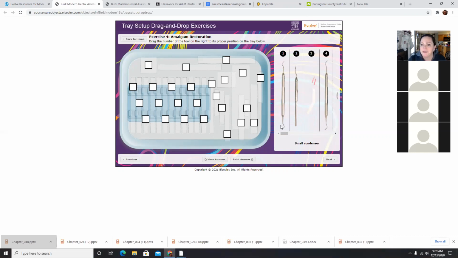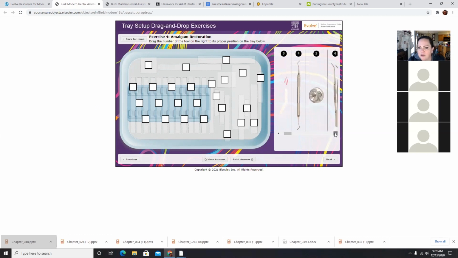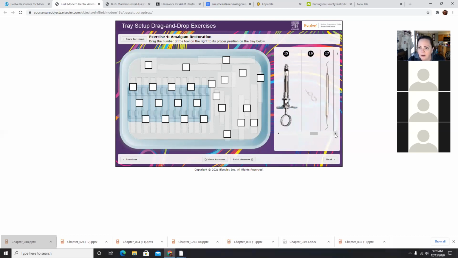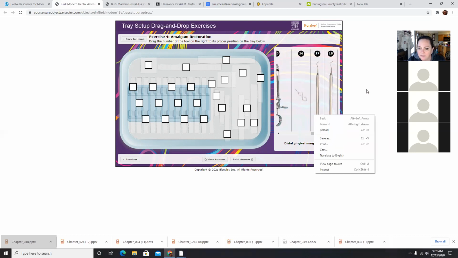Once it's overfilled, we no longer use the amalgam carrier and the condenser. Now we're going to hand over the carving instruments. For carving instruments, we're going to use the half Hollenbeck. Have you ever seen or heard of a Hollenbeck or half Hollenbeck? This does the interproximal spaces of amalgam fillings. There's another instrument called a discoid cleoid,